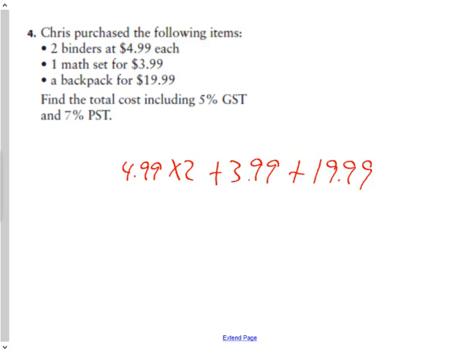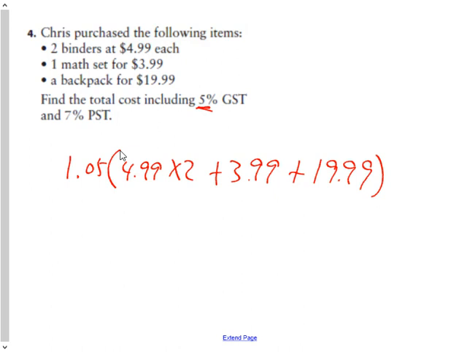So the first thing we're going to do is write a statement that shows all of the items together. That BEDMAS statement of 499 times 2 plus 399 plus 1999 represents the cost of everything. So if I put this in brackets and multiply it by 1, I would get the cost of all those items. If I multiply it by an additional